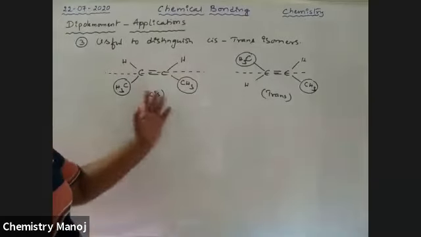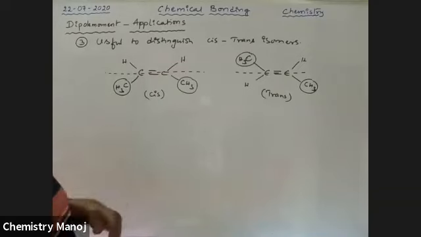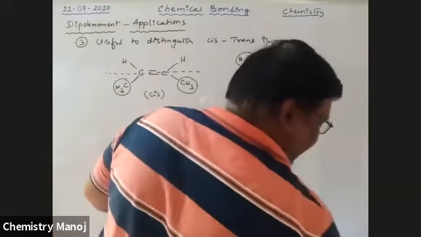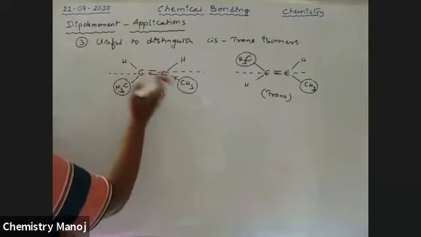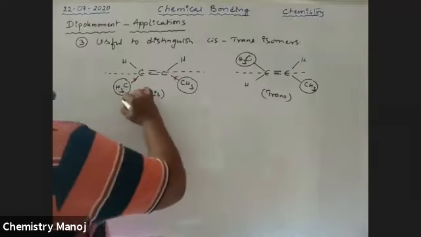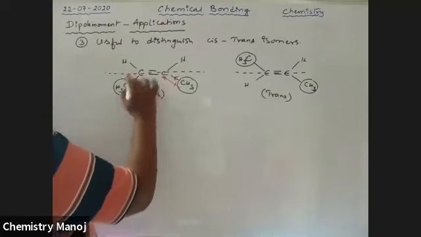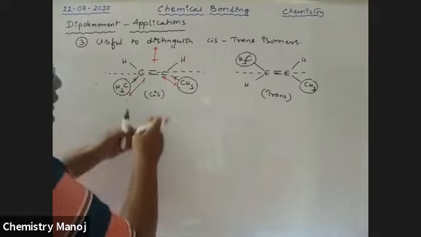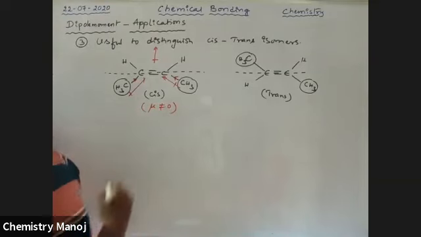So these cis-trans compounds are distinguished with the help of this dipole moment. How, sir? See here. Here methyl group has electron donating tendency. So methyl group donates electron pair to carbon. This one also donates electron pair to the carbon. So this is the direction of dipole moment. Overall, altogether, this is the direction of dipole moment. But on the opposite side, there is no dipole moment to cancel that. That means in this case, mu not equal to 0.